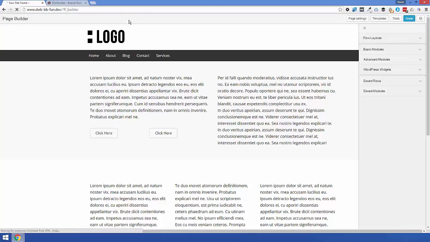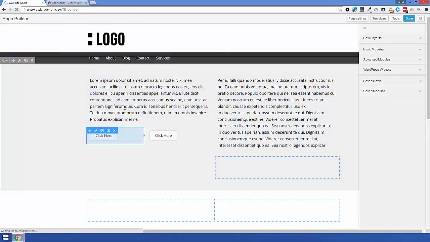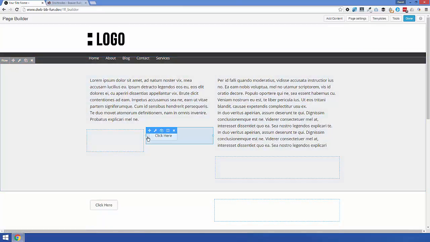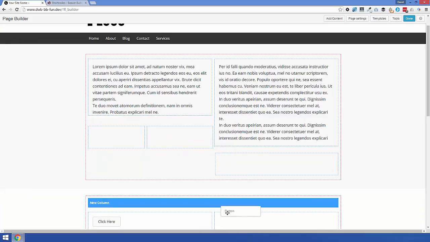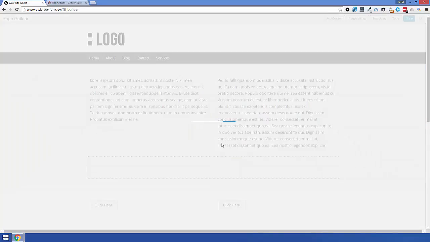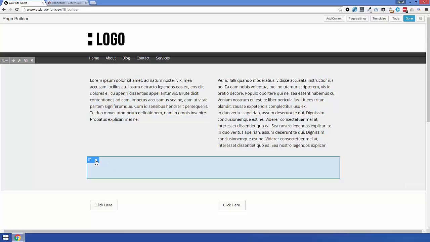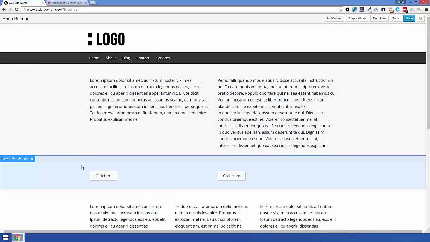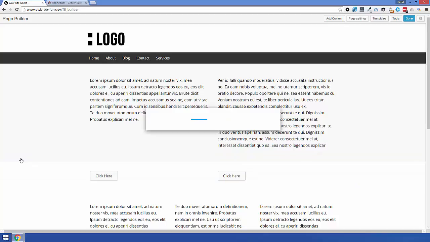and I need to reset some of this stuff here. So let's drag the buttons back into that row. Okay, and we'll get rid of these columns that we don't need. So, second method here. What we've got now is another row with 2 columns in it with the 2 buttons. Now what we can do is save this row